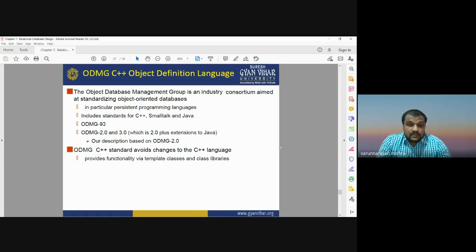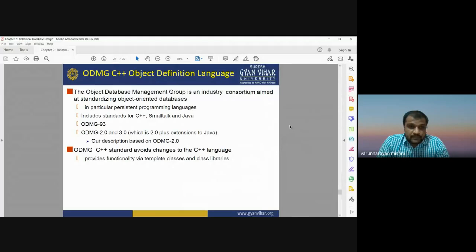These are some languages that can be used for developing the object-oriented database model, like ODMG 93 and ODMG 2.3, which is the extension for Java. ODMG is a consortium that works on standards for the C++ programming language that avoid changes to the C++ language. It also provides the functionality via template classes and class libraries.